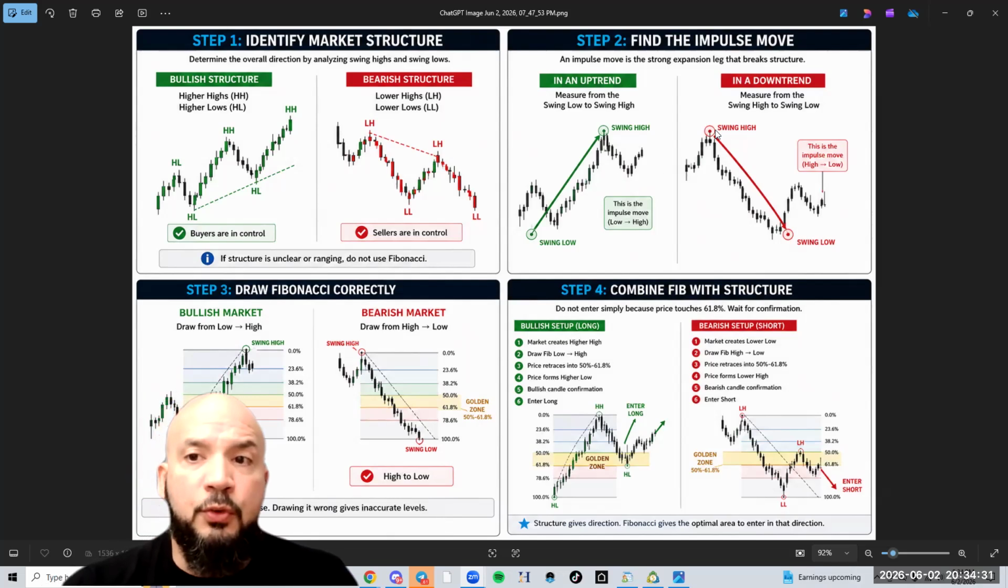And the same thing goes for impulse moves to the downside. You see that this is structure. We had the impulse move to the downside, also confirming that it broke structure. This is what you measure, right? This right here is the impulse move high to low. And then we wait for this retracement to start coming back into the area. And that's how we gain that